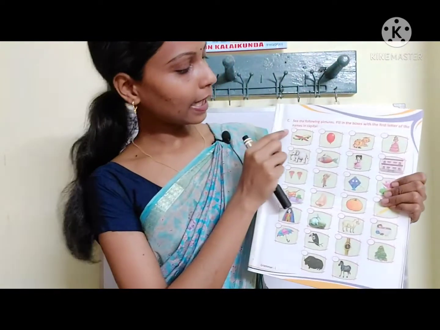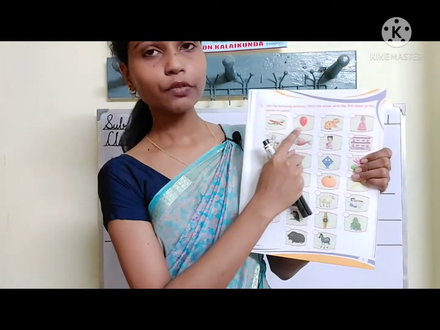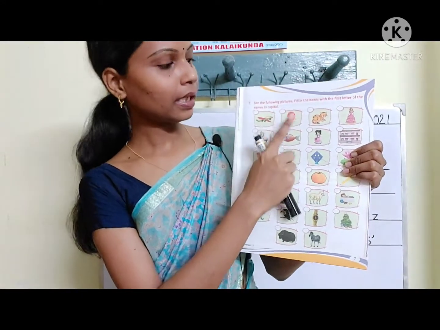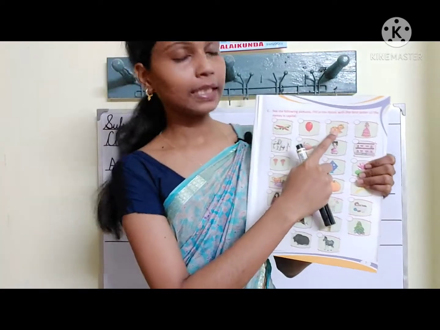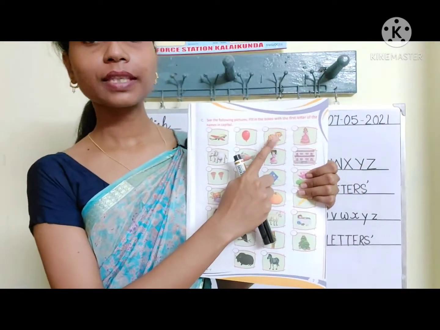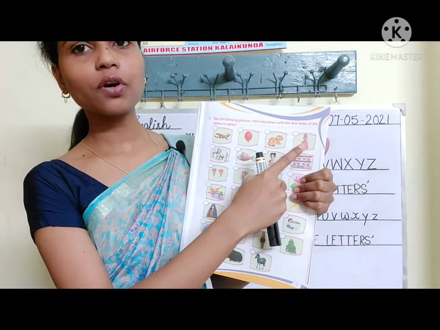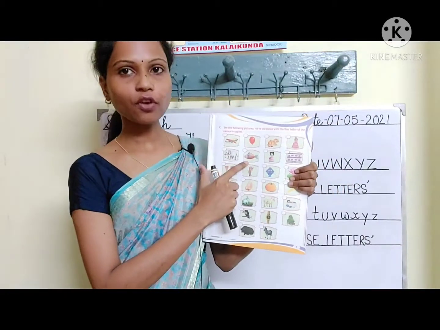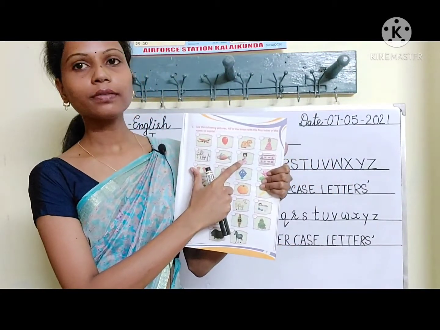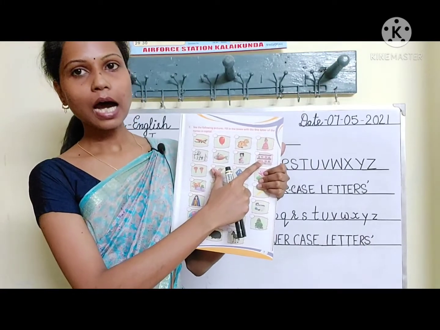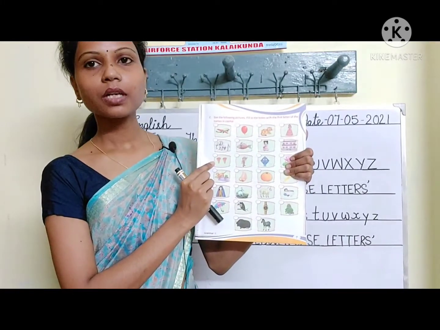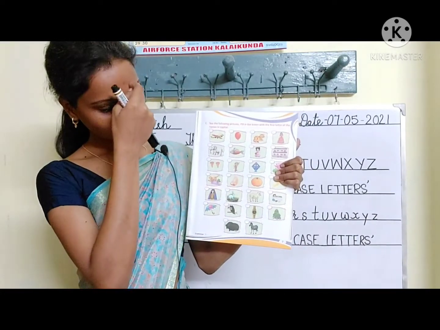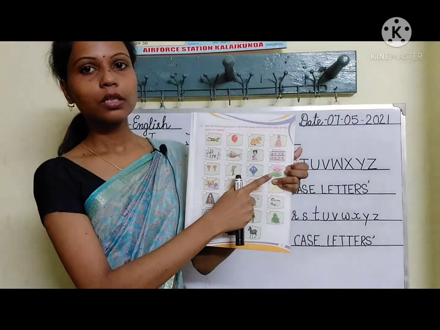A, aeroplane. What will you write? Capital letter B. B for balloon. C, capital letter C for cat. D for doll. E for elephant, F for fish, G for girl, H for house, I for ice cream, J for joker, K for kite, L for lotus,